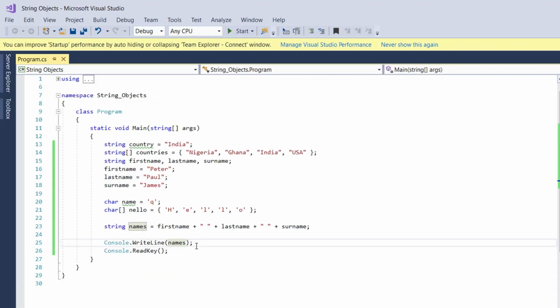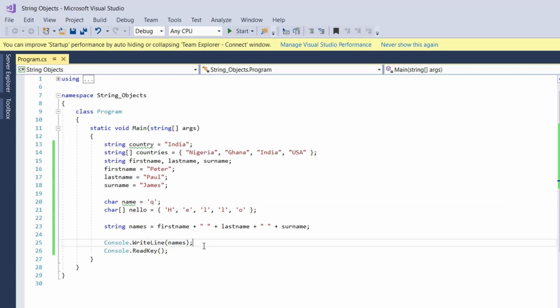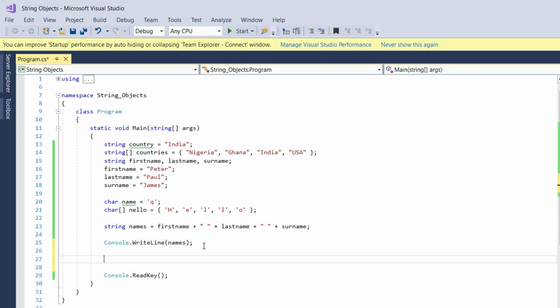So now, the next thing is you can print out the arrays. You can also print out the arrays, and let's see how we can print all these out. Alright, so let's use what is called join. So first, to join these, you can say